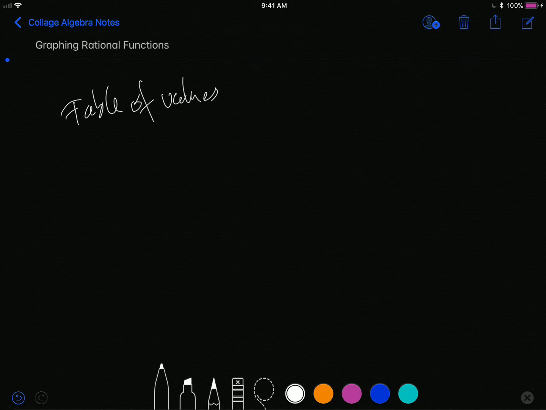But what we're going to be doing today in terms of discussing graphing rational functions is a way to come up with a fairly accurate sketch of the graph. A way to figure out a really good picture of what the graph should look like without so much need of a calculator to try and help you figure out and understand what's happening. So we do this with an example, and so we will